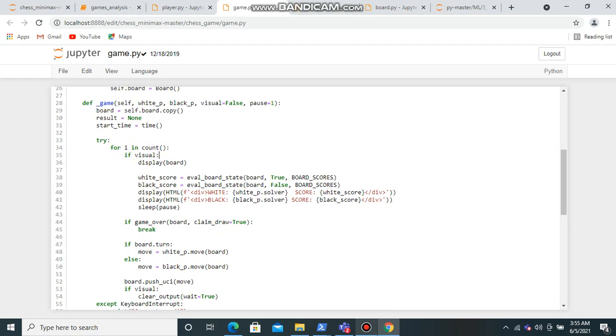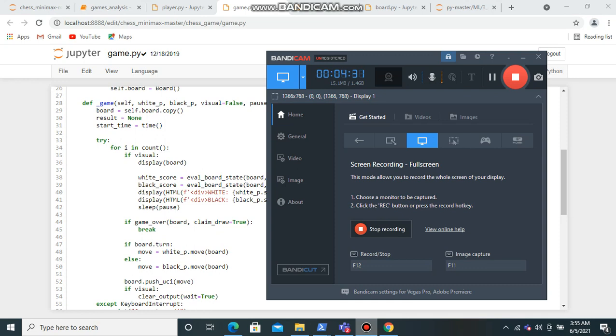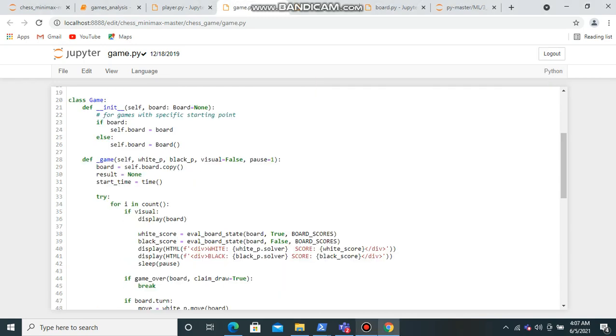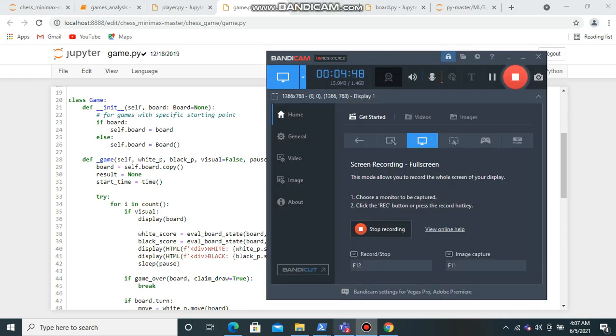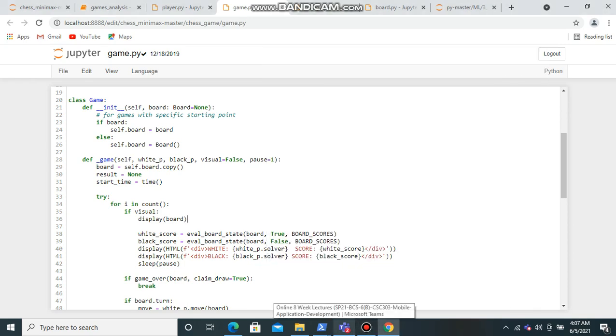Here we can see that if the visual is false, then these statements are not executed. Now if this is true, then firstly it displays the board. Now what is the board? We can see. So here we can see that we display the board,